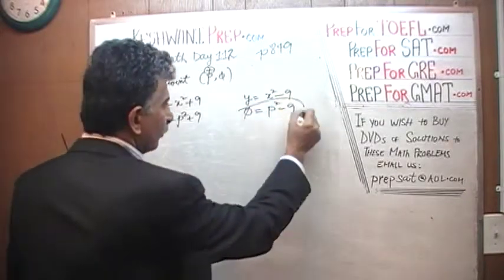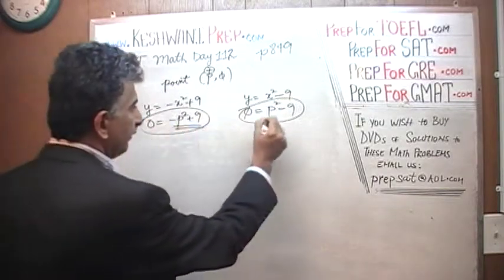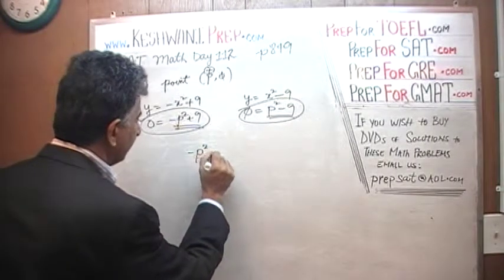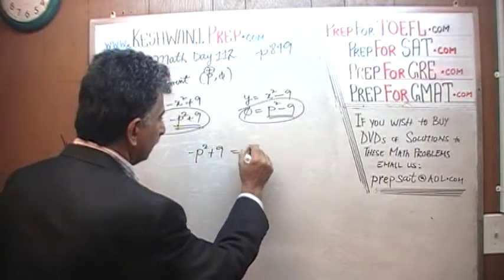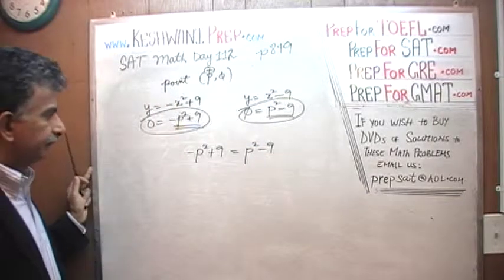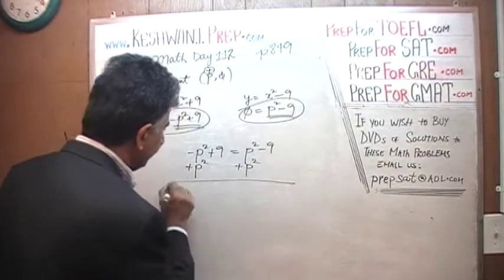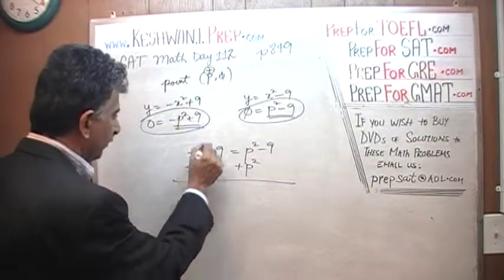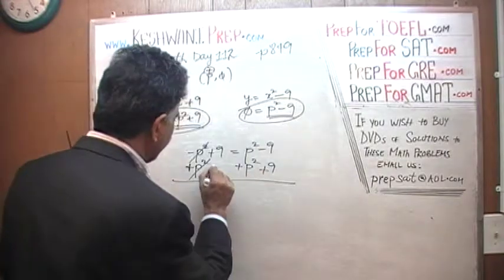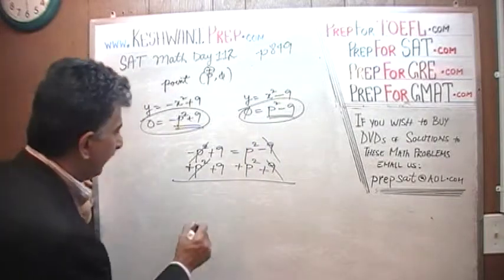Since this quantity equals 0 and this quantity equals 0, these two quantities must equal each other. So negative p squared plus 9 must equal positive p squared minus 9. And we just have to solve for p. Add p squared to both sides. So negative p squared and positive p squared will drop out. And then add 9 to both sides. And negative 9 and positive 9 will drop out. And what we find is that